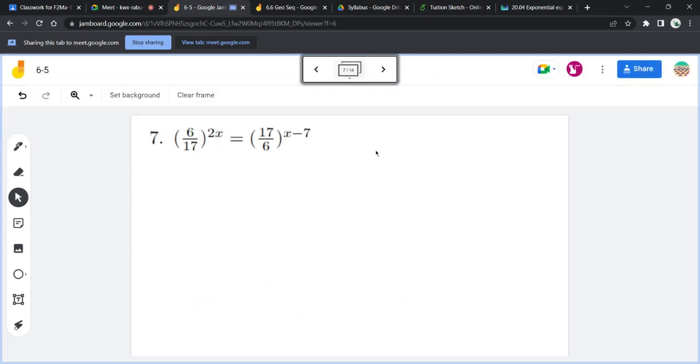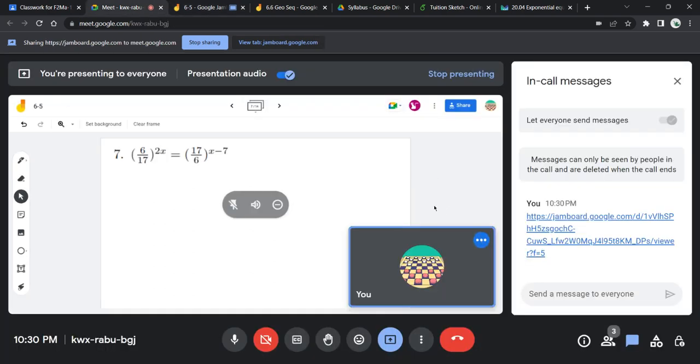So for a review, we solve this type of equation by comparing the indices when they have the same base. So our goal is to make the bases the same. To make them the same, we need to apply the